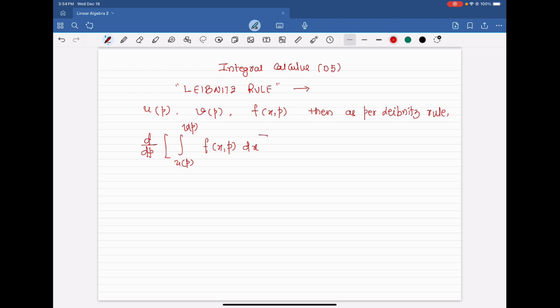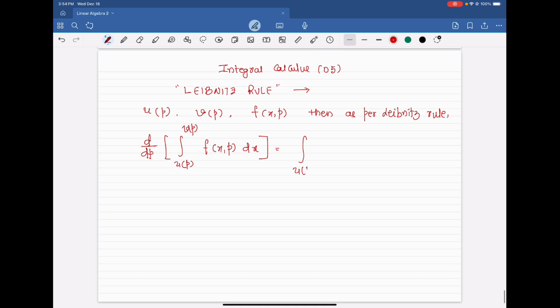This integral will be equal to the integral from u(p) to v(p) of the partial derivative, dou by dou p, of the function f(x,p) dx